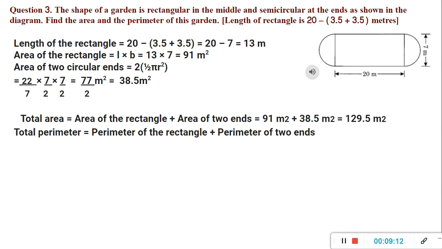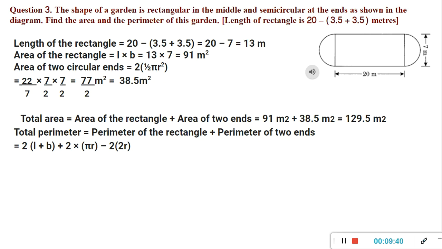Now what is the total perimeter? That together we can do. Perimeter of the rectangle plus perimeter of the two ends. Ends means here semicircles are there. So perimeter of rectangle, 2 into length plus breadth, plus perimeter of the 2 ends, that means 2 into pi r, minus 2 into 2r, because we already added in the rectangle both these two sides' diameters. Yes, the length we already added, so that we have to subtract again.